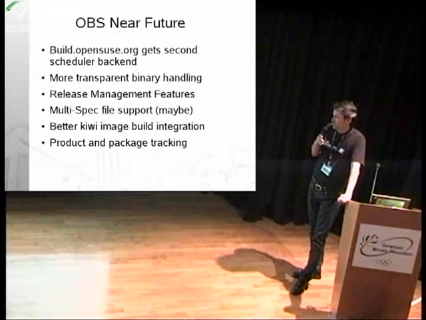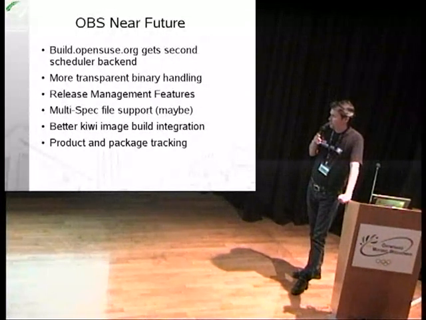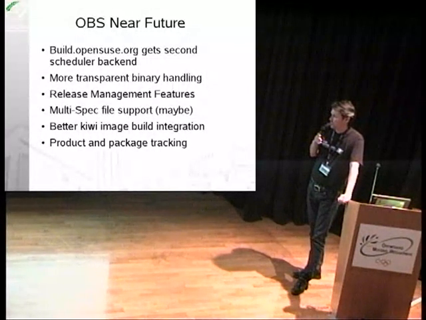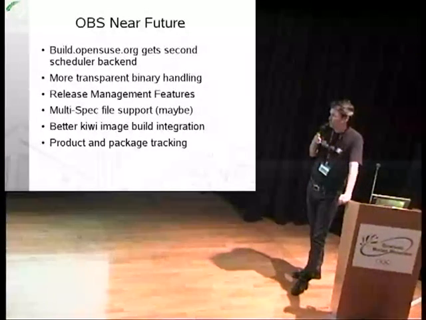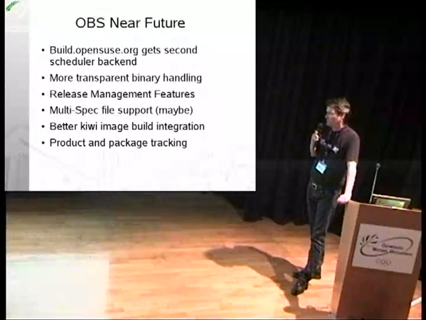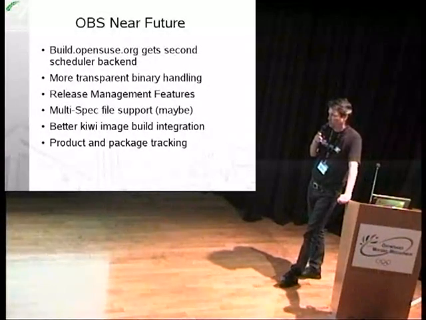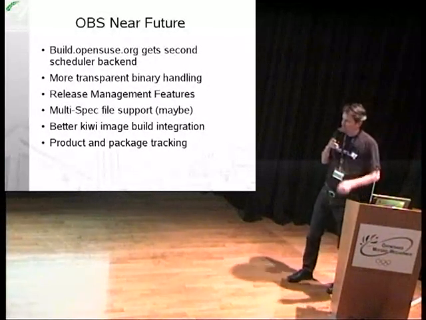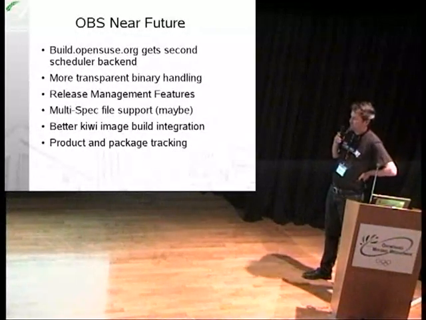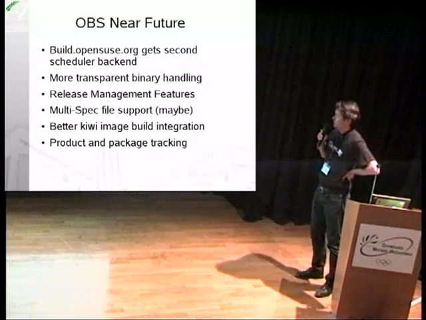And the last thing is most likely not so interesting for openSUSE. Product and package tracking means that the build service will get a database that it really knows when a binary package got added to which product and when it got shipped to which customer. This is something which we need in first place for our internal instance. Of course, we build it, implement it in the build service, so it will be open sourced. But yeah, I think no one else beside us will use it. But I get surprised sometimes.